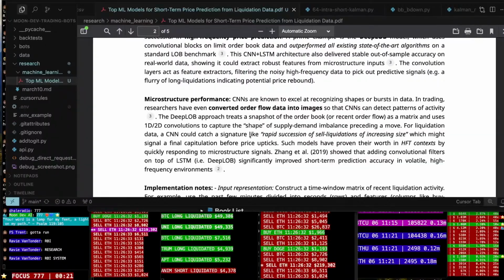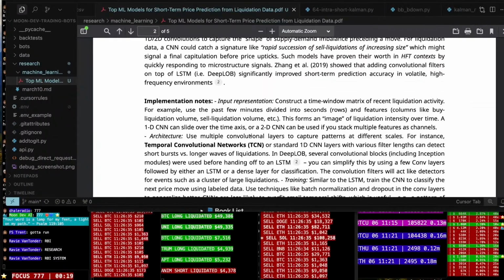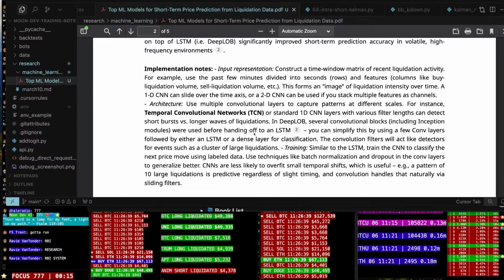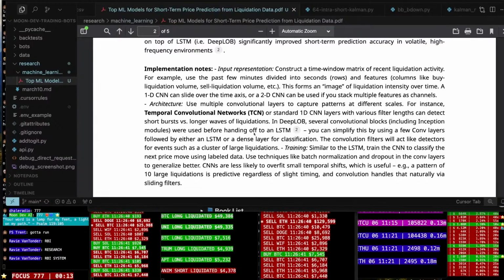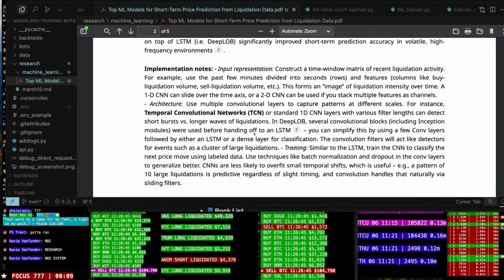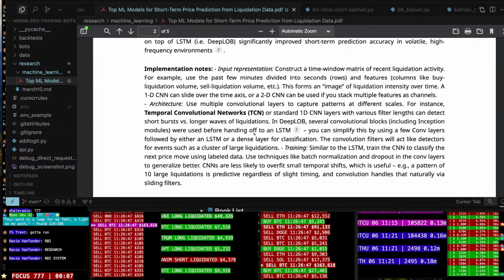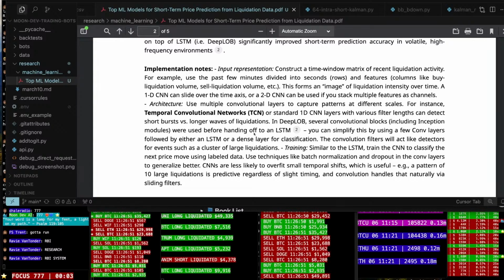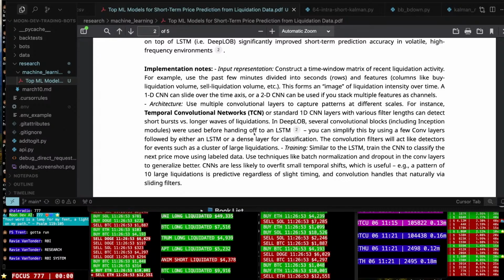This is interesting, looking at the order book data as well. Implementation notes. Input representation. Construct a time window matrix of recent liquidation activity. For example, use the past 5 minutes divided into seconds as rows and features as columns, like buy liquidation volume, sell liquidation